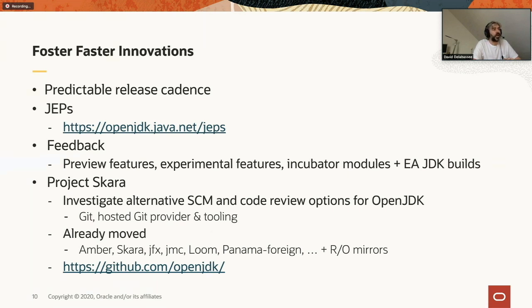JEP stands for JDK Enhancement Proposal. It's a mechanism that we use to introduce new Java language features and new JDK features into the platform, or even to remove things from the platform, or, for example, to evolve how the OpenJDK project is managed. It's a lightweight mechanism that is clearly documented and tells the community how things are supposed to work when it comes to doing something non-trivial in the platform.